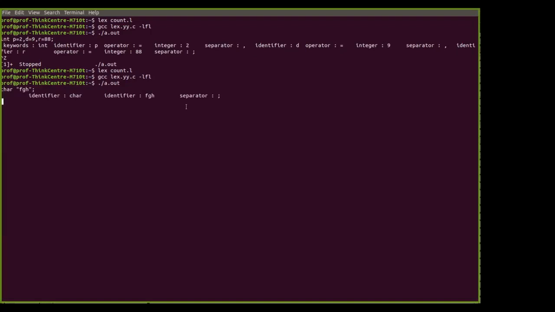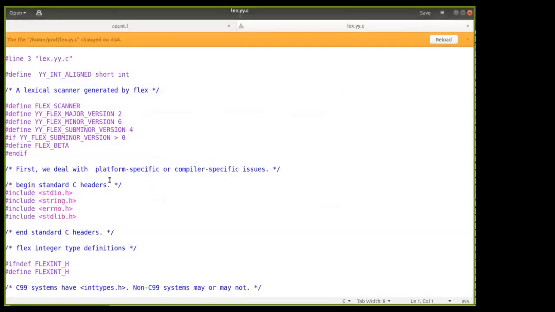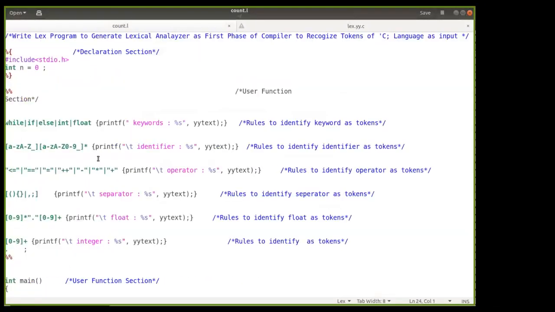You'll get output here that it is considering char as an identifier, and FJS as an identifier, and semicolon as an identifier. But you know char is a keyword, and you have not mentioned that in your Lex program. That is the reason it gets identified as an identifier or variable. In your program you can easily see you have not mentioned char anywhere as a keyword.